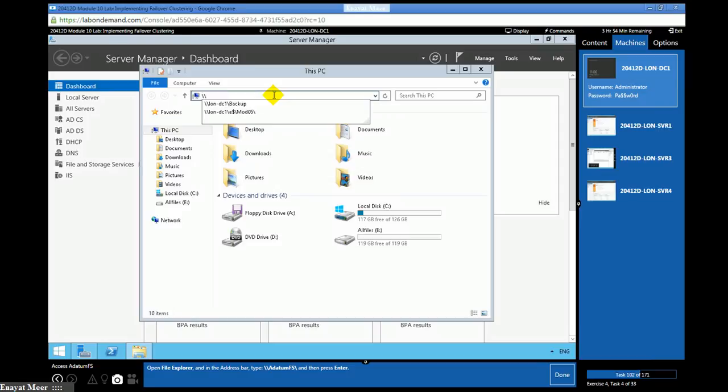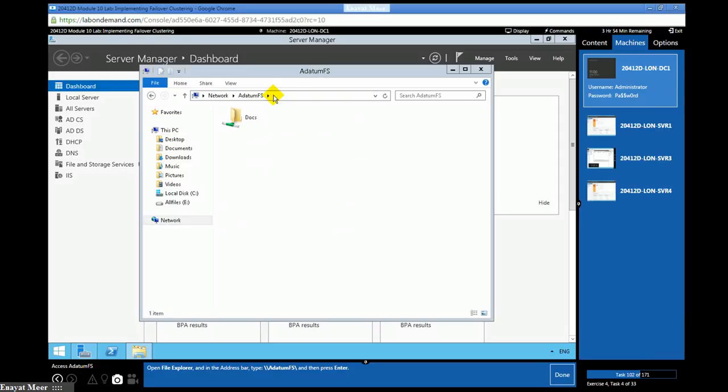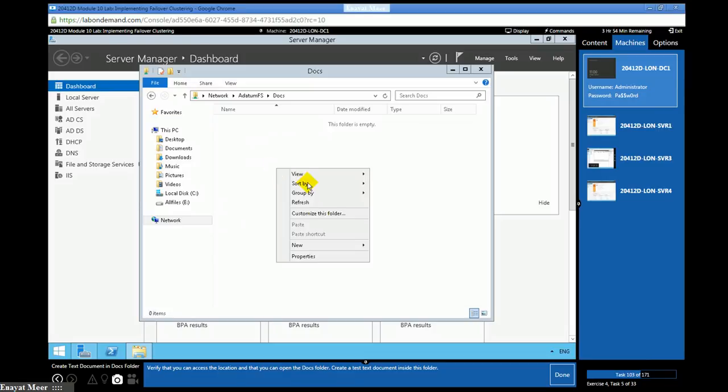You have seen many labs with my own domain controller, which is meer.com. Now we are going to look for this DOCS shared folder. We created it a while ago. The share name was DOCS. There is nothing in this folder, so it was just a shared folder created.